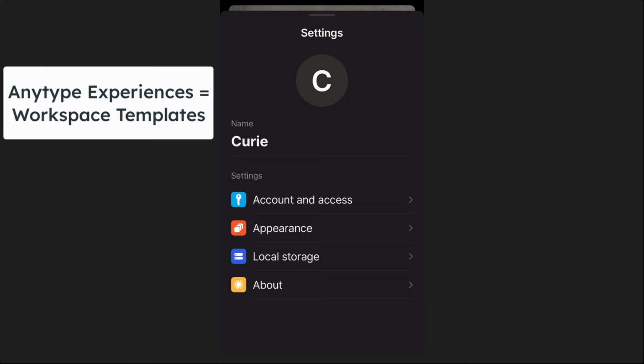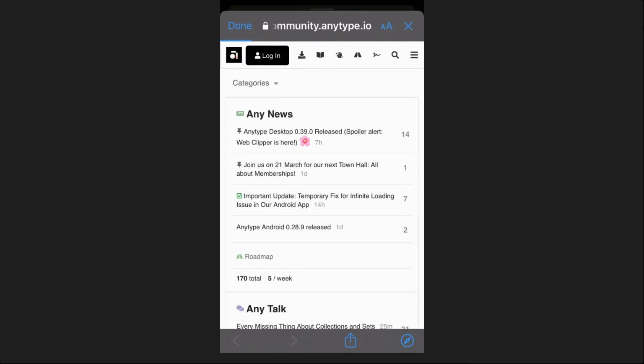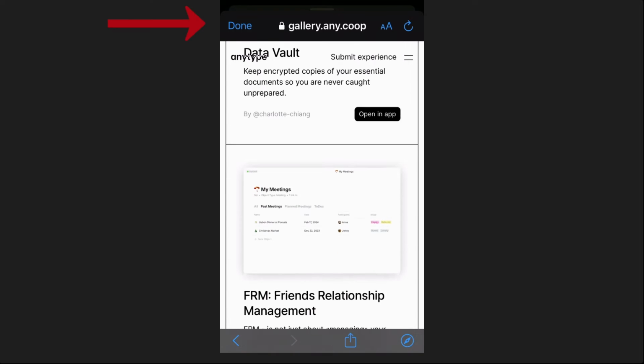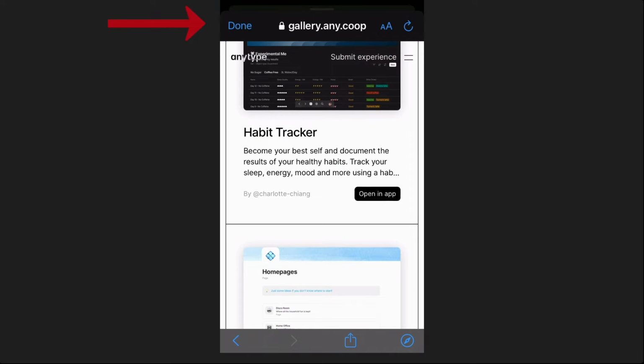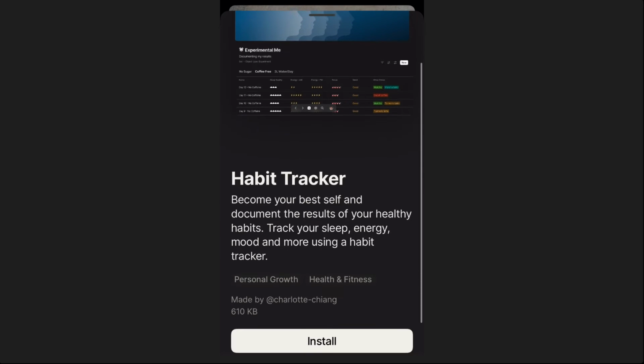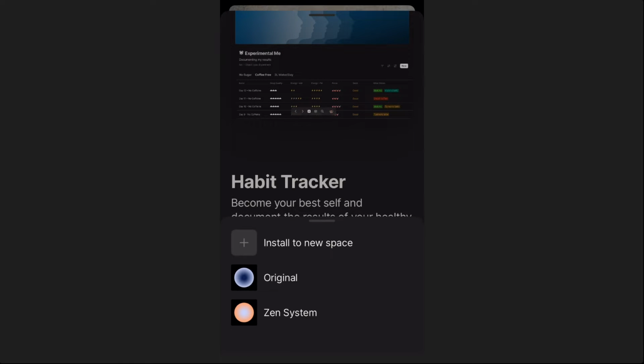Now, there's not a direct link, so I do have to go through several clicks. Basically, I went through the help menu, and in the community, at the very top toolbar, it's pretty small on mobile. It looks like a little hand, and that's the Anytype gallery. You could also go directly to that website address if you want to open it in your browser, and you'll see open an app,